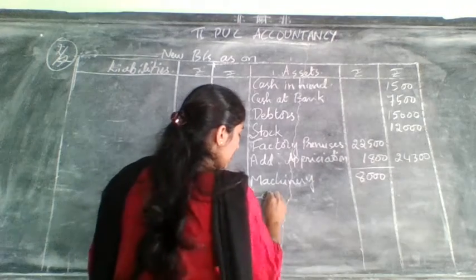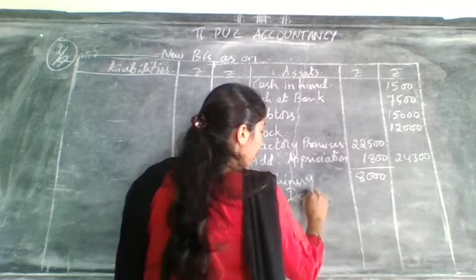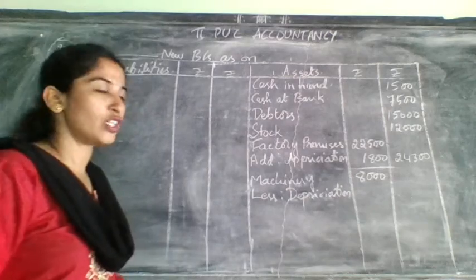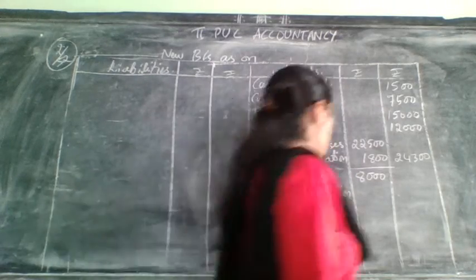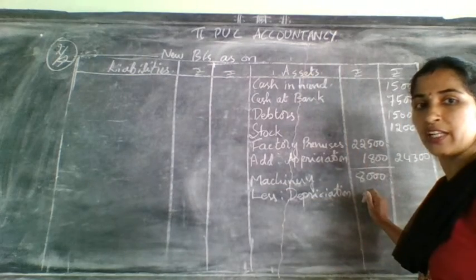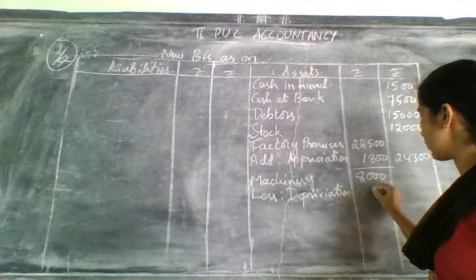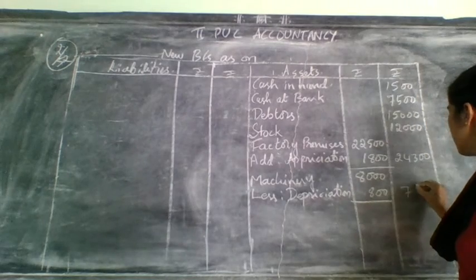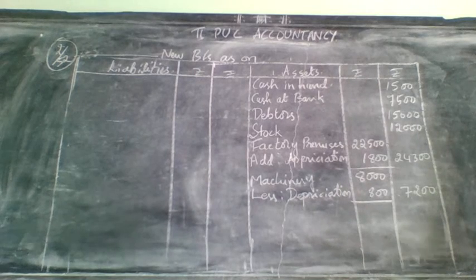So when it is a debit side entry on the revaluation account, when you are mentioning it as depreciation, that means you need to do less, you need to do minus. So machinery you need to do less depreciation. When you do less depreciation, take the amount you have written in the revaluation account debit side, the depreciation amount 800, minus it and write it here in the outer column. It will come 7,200.